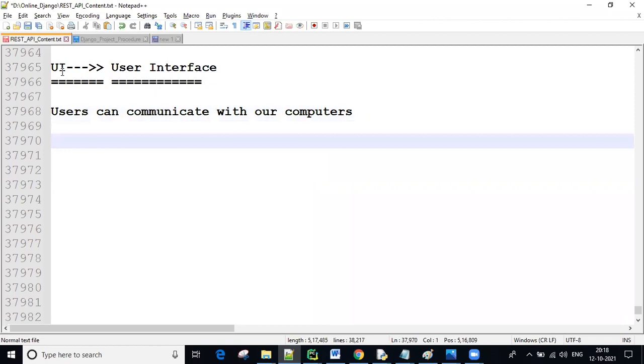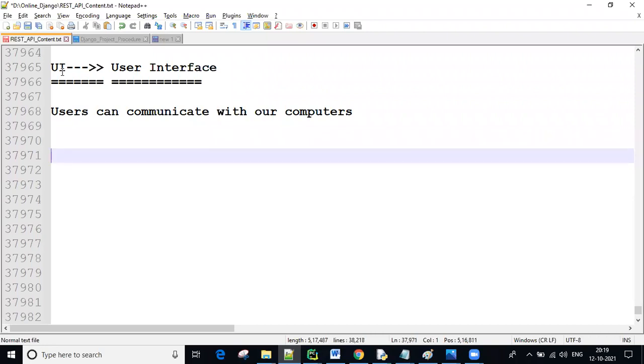Here, if you want to develop any application, majorly two sides are required: front end side and back end side. Simply two technologies, front end technology and back end technology.